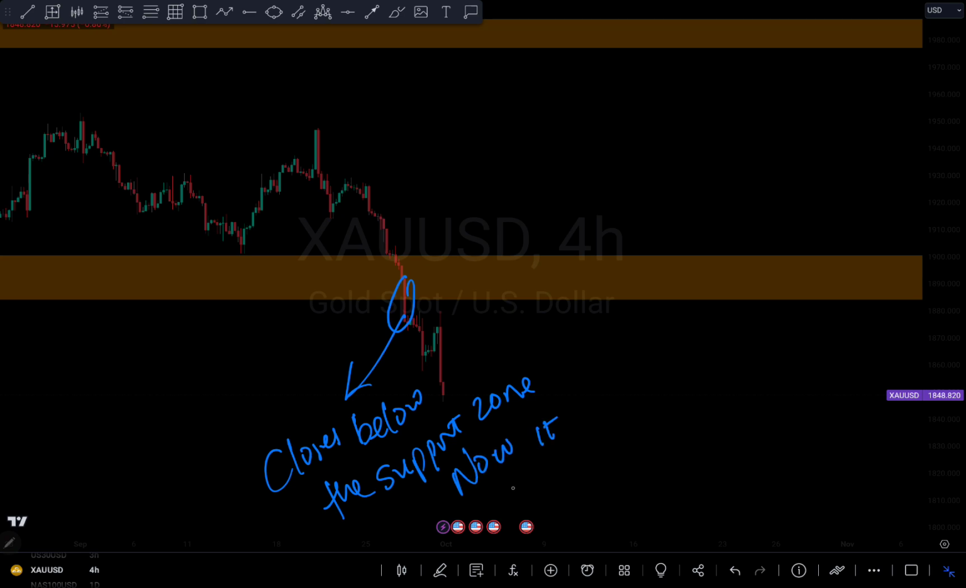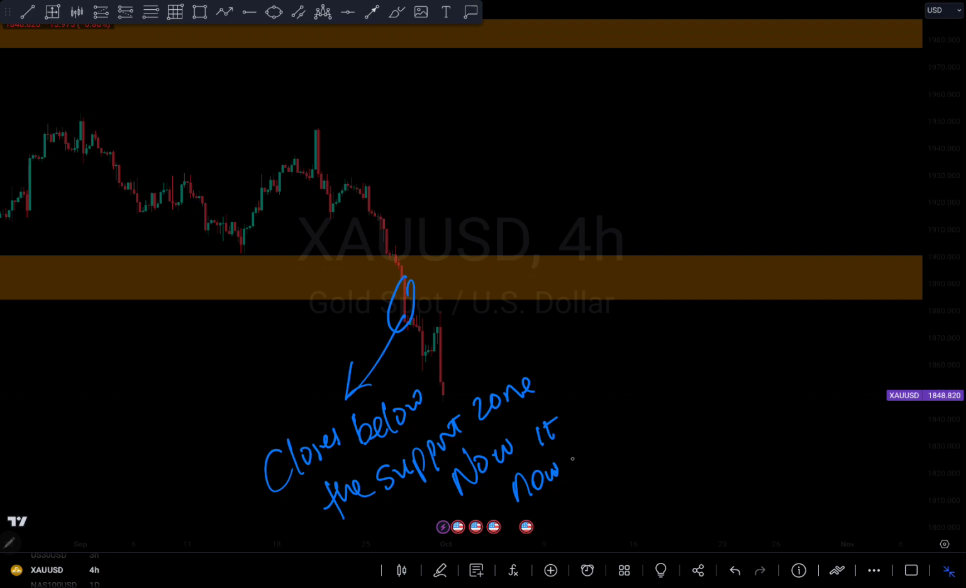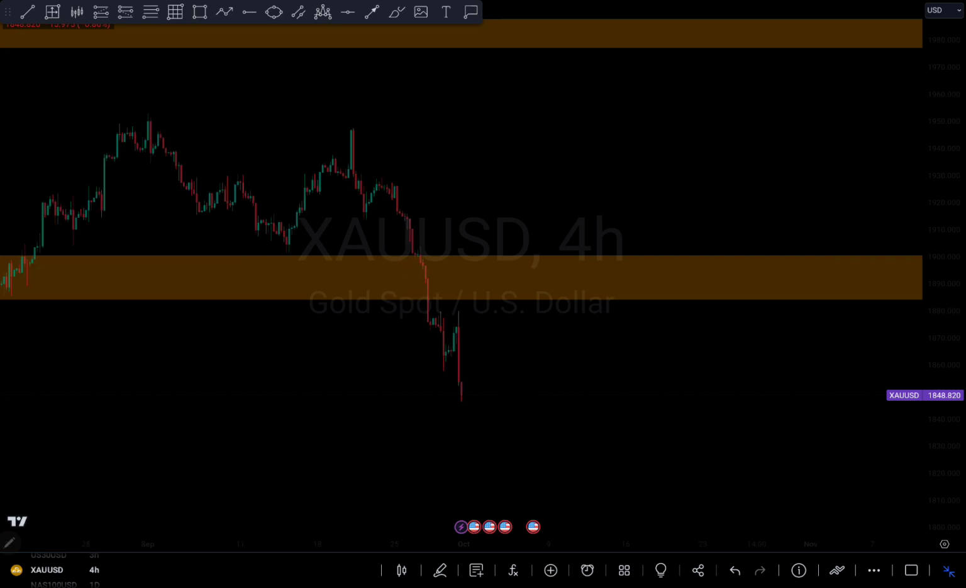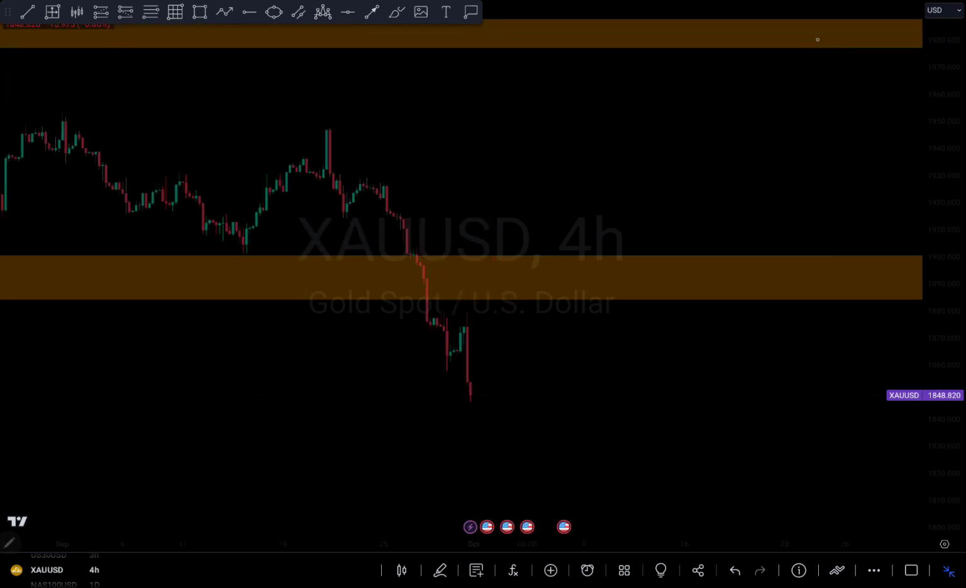Now it's now support zone. Now it's a resistance zone. And that is because we can see that this is a solidified support zone before. Now that it broke this zone right here, if it continues to push up here and you're seeing rejections around that zone and it's not trying to break the zone and continue to push to the downside, it has now